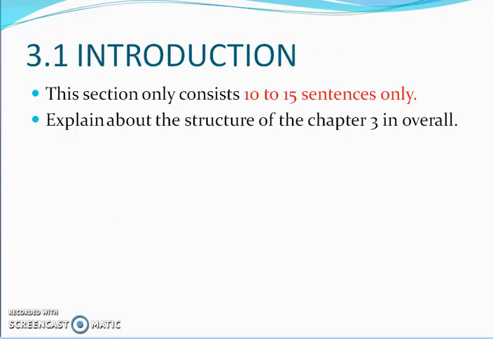Well, let's continue. The introduction section just has to be written in 10 to 15 sentences only. In this section, roughly you have to explain the structure of chapter 3 overall, right? And you also have to explain a little bit about the issue of the study, and mention roughly the methodology that you are going to use in this chapter. However, it is going to be explained in the next subsection in the same chapter,